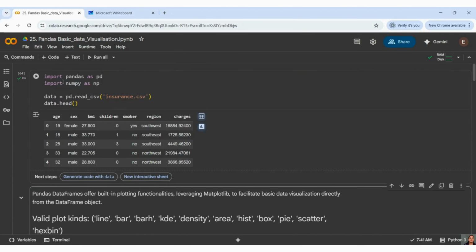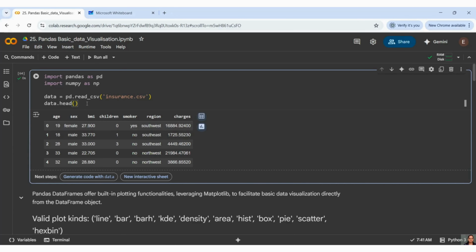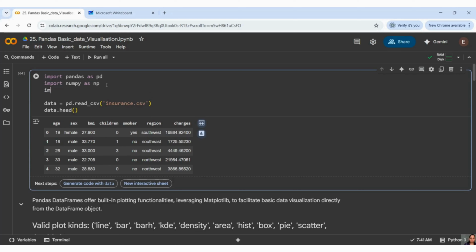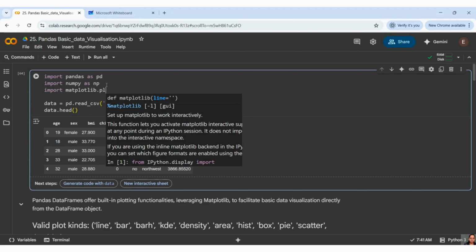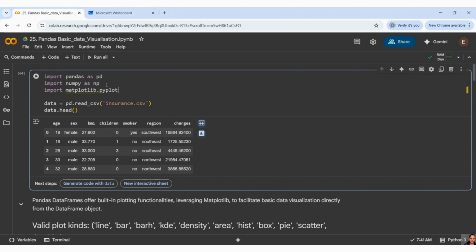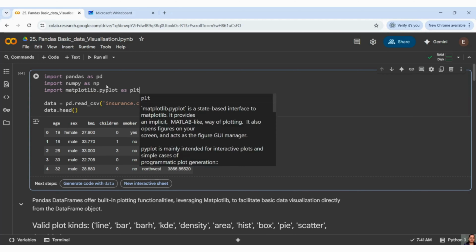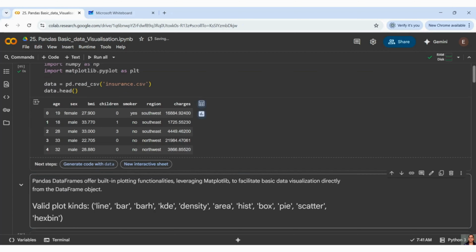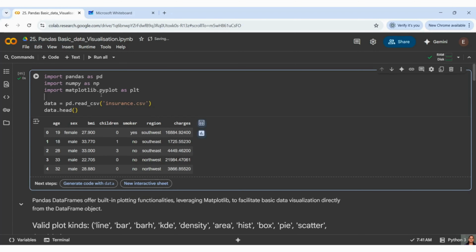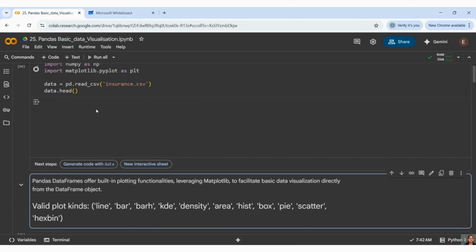We have to load our libraries. So we did it: import pandas as pd, import numpy as np. One more thing you can do is import matplotlib.pyplot as plt. Why? Because sometimes your plots are not showing since you have to use plt.show. So for that reason I have taken it, but let us understand our further topics.